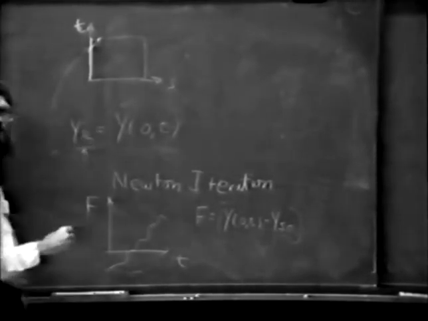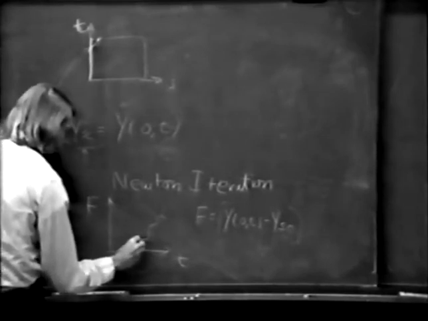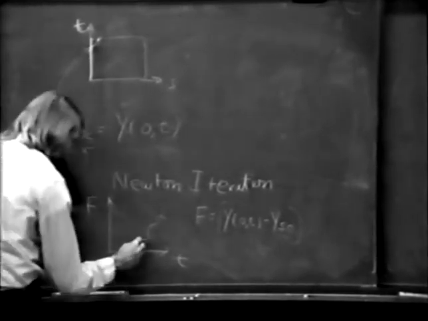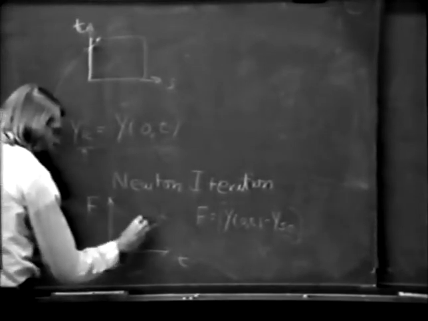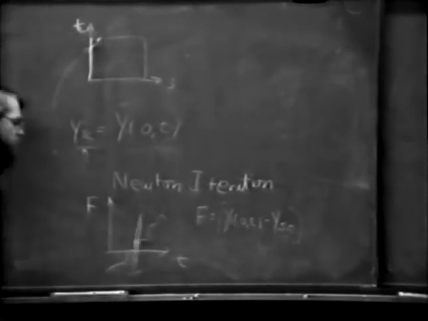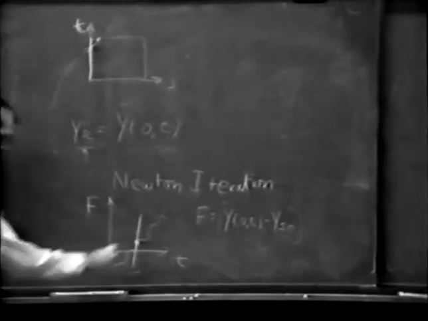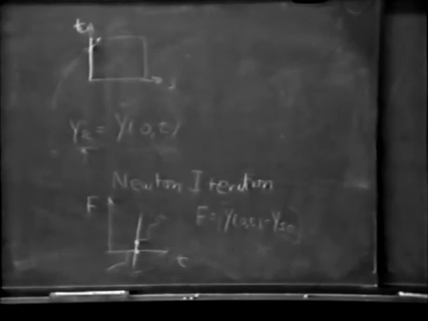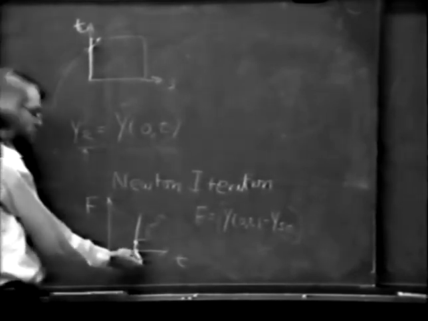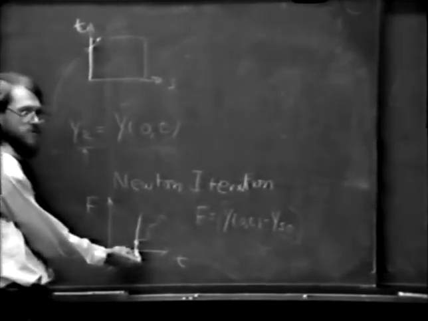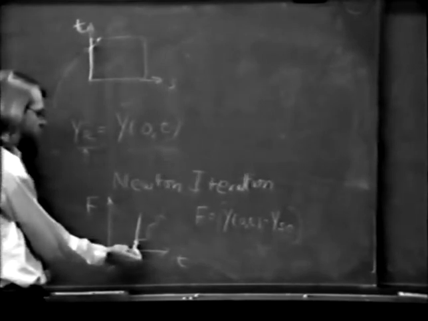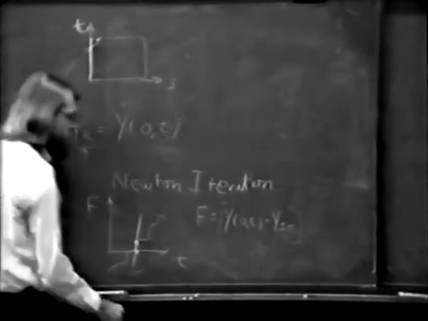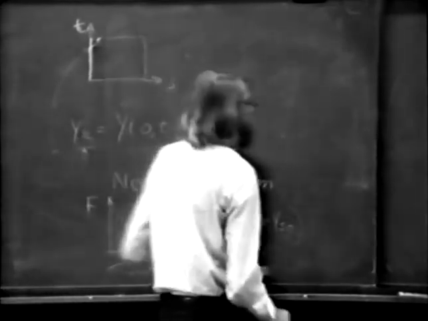And you start out with an initial guess at that. And the way the Newton iteration works is that you fit a straight line to this guess by taking the value of it and the slope at that point and putting a straight line through it and extrapolating down back to the 0 axis like that, and that's your new guess. And then you evaluate what the function really is at that point. It should be closer to 0 than it was before. And you find out what it really is and what its slope really is, and you make that the new guess, and so forth. So basically the loop looks something like